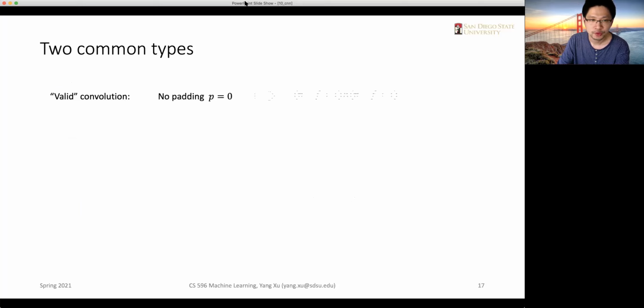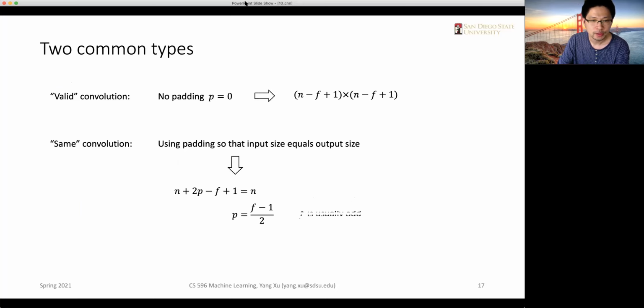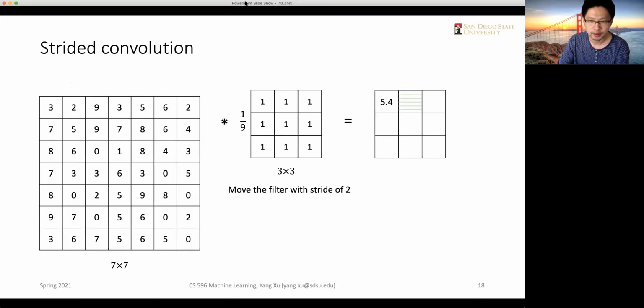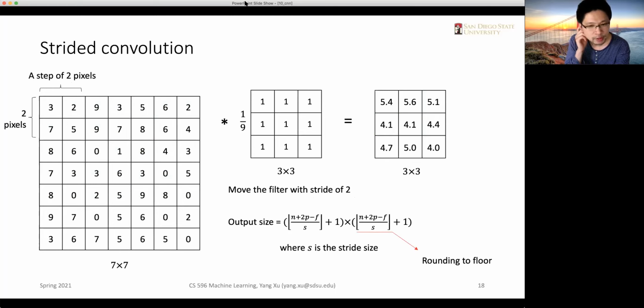So you can use a simple formula: the output size is the input size plus 2 times the padding minus the filter size, divided by the stride, rounded to floor, plus 1 as the output formula. Okay, so